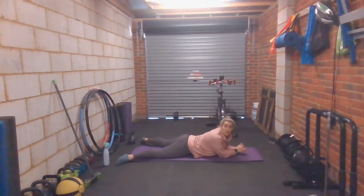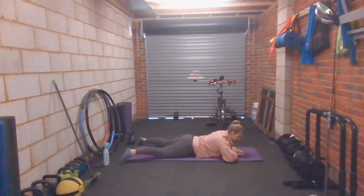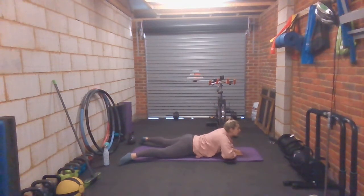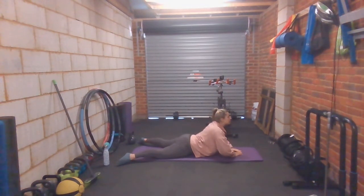So we're going to use our triangle position that we used yesterday. So your thumbs and your index fingers touch. Bring that triangle underneath your face so your elbows are pointing out each side of you. And you're looking down towards that triangle. Your movement is the same. Push the nose forwards to lift the head and the chest. Press down into your hands, and again you're lifting yourself up higher. Take a deep breath in to stay. Exhale to control down through the spine